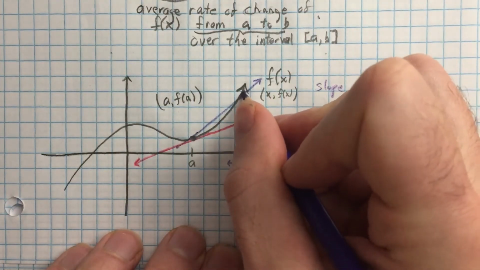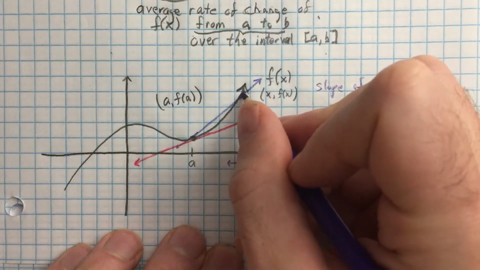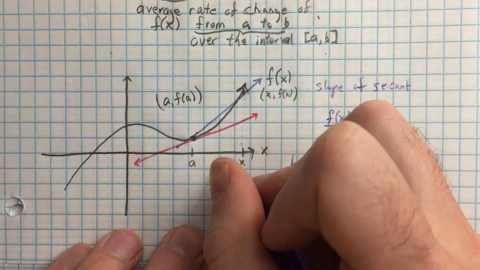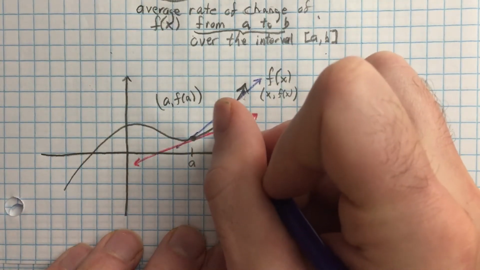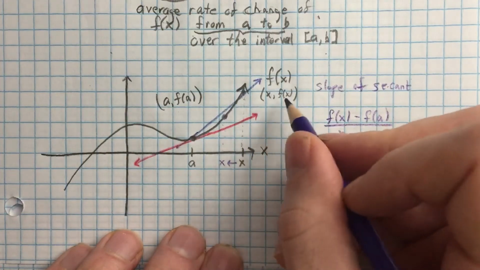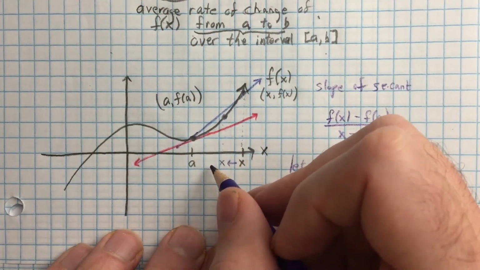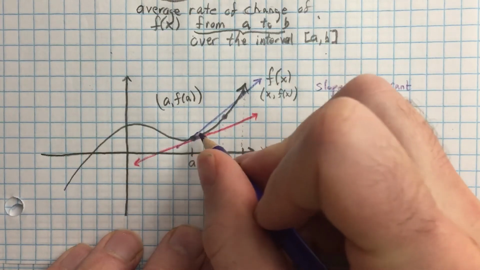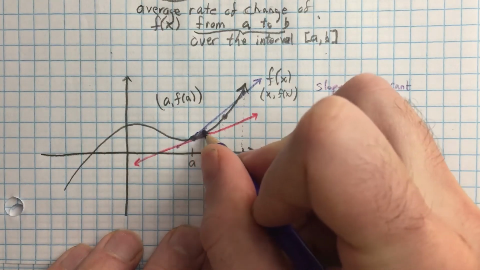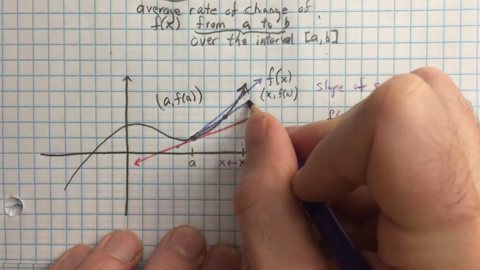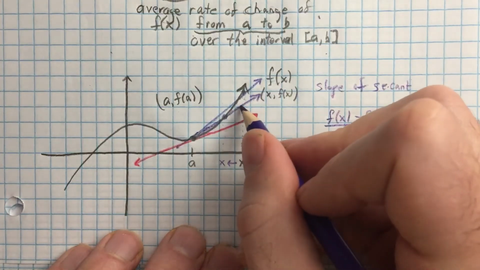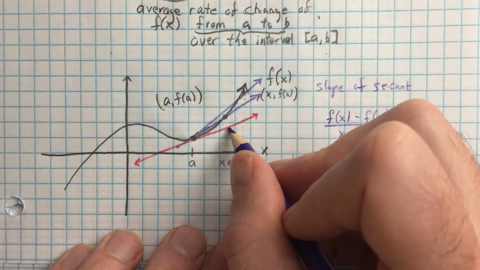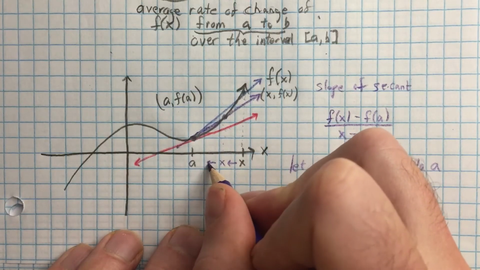So this second point that I drew, right, if x moves this way, then the function value is moving down the curve here. So let's say we just move to here, for instance, right? X moves over there to x, so then we map that up here, and we have a new point. It's still x, f of x for whatever x I picked, right? Something closer to a, but I have a new, of course, secant line there. Okay? A new secant line there. And that new secant line slope is closer to being the slope of the red tangent line. And as x gets closer and closer, again,